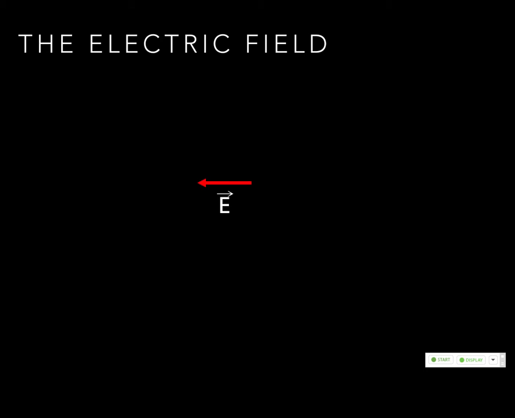And now we don't need any charges. All right? And we know if we put a positive charge here, it's still going to experience a force going this way. If we put a negative charge here, it'll probably experience a force going the other way. Which means this is the electric field at the location where the charge was. So whether or not we know what charges caused it, and whether or not we know what charges are interacting with it, the electric field stands alone. It's all we need to determine what could happen if we put a charge there.